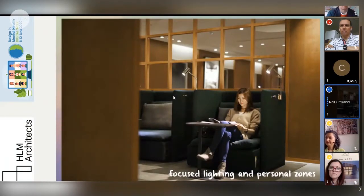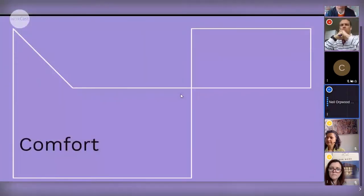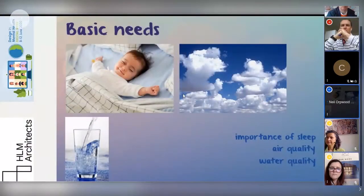And lighting can, of course, create staff areas, almost zones, just on its own, without the physical space having to change. One of the things that's always very difficult to control, of course, is staff's basic needs. The importance of sleep to staff being able to maintain their work and health and well-being at work is really one of those elements that's out of the control of the trusts, but actually is an element that's really important. So we need to make sure that staff are able to control and be able to reset as much as